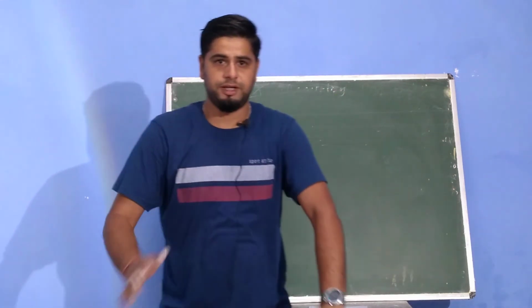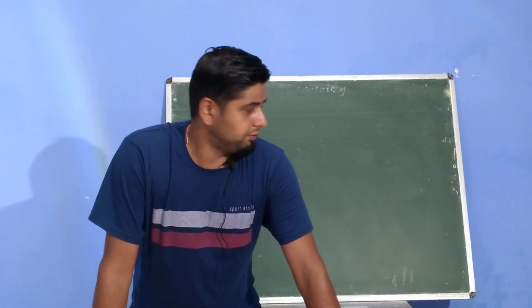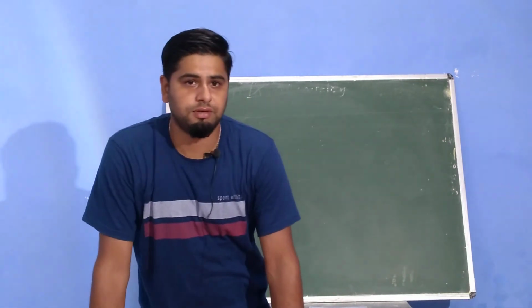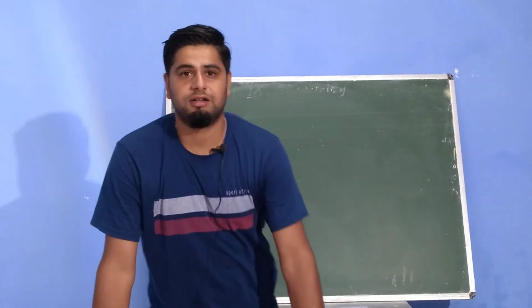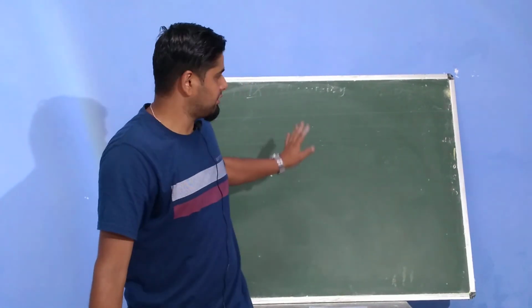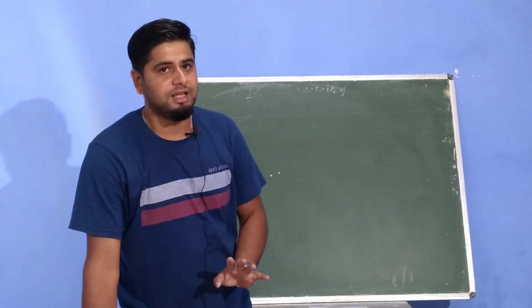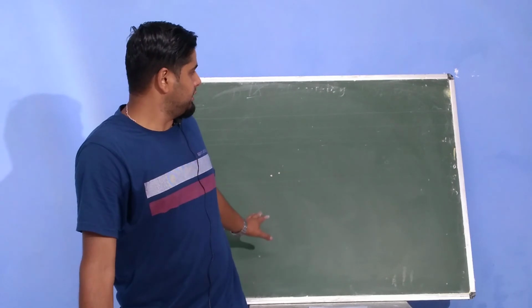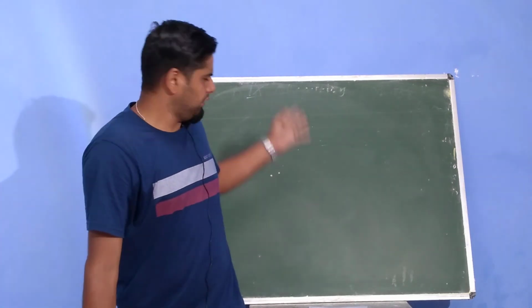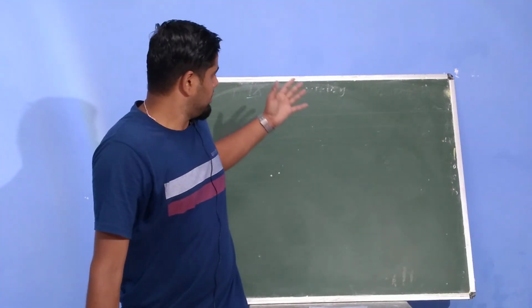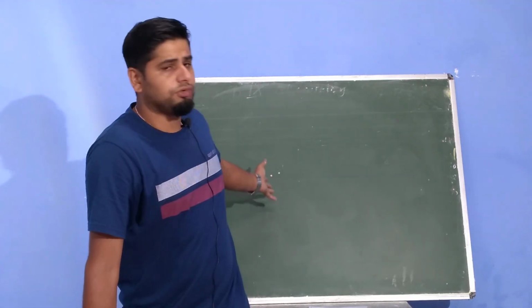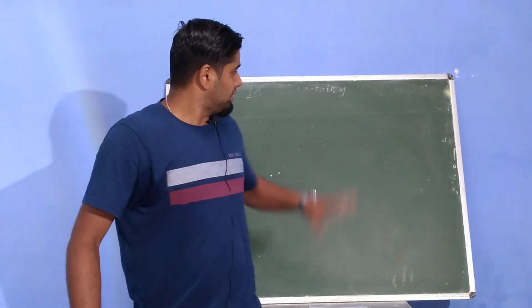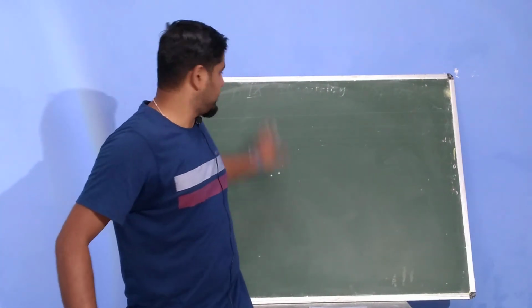Okay, guys, this was for today. We will discuss atomic size and the variation of atomic size, moving from left to right and top to bottom, in our next class. Go through this and try to do electronic configuration carefully and correctly, then only you will understand how to find valency. If you once know how to find the valency, then you can easily do all types of questions from this particular periodic table.